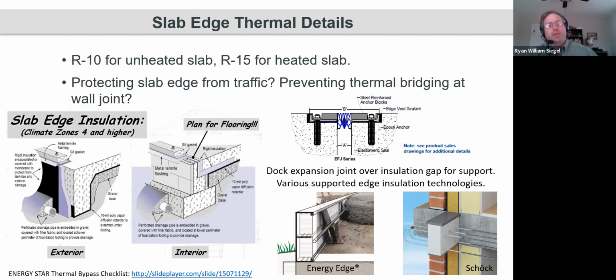And so similarly, if you have slabs that have traffic, could be loading bay doors or other similar things, the market has now come out with some new products that can help with those slab edges